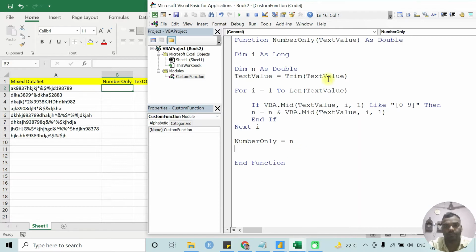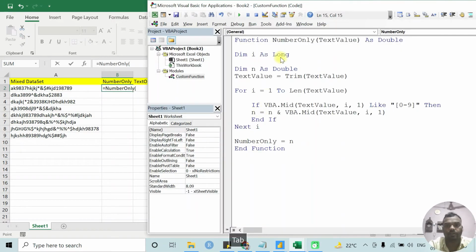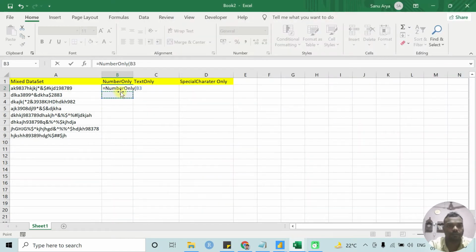So this is my complete function to extract the number only. Now check this function for any error. The number only function appears here. You see, we created a custom function which works as an Excel formula.